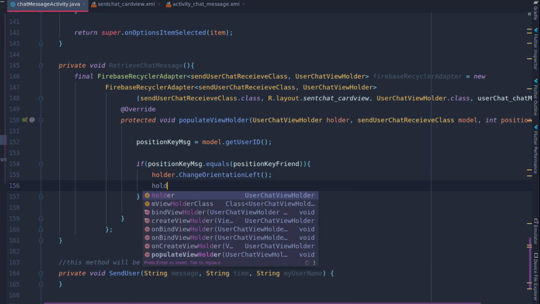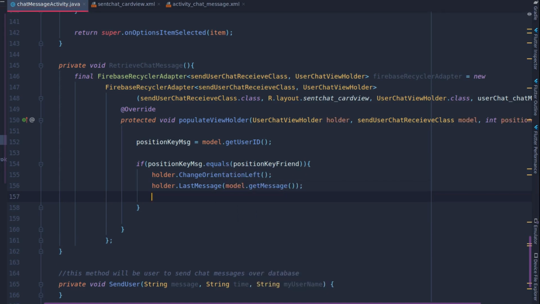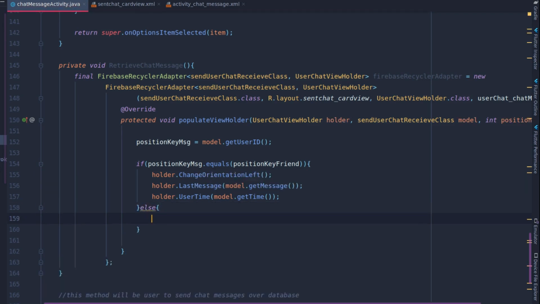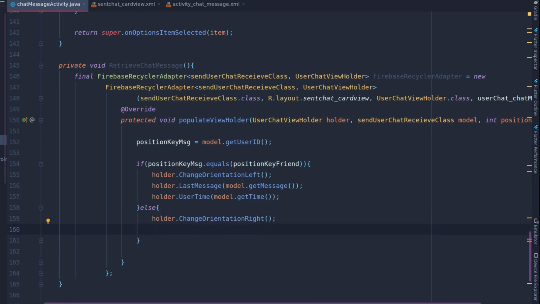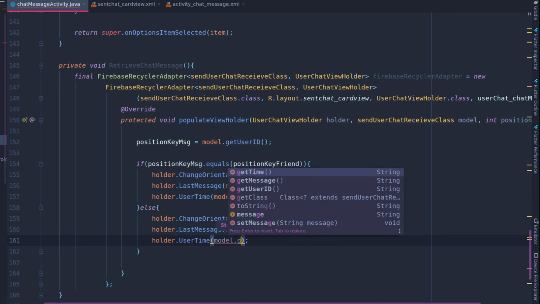So let's give it holder dot last message. This would be model dot get message. Now holder dot user time. This would be model dot get time. Okay, so if the user ID of the sent message is not equal to the user ID of the friend's message, then what we can do is else, then this is our message. So holder dot change right. Okay, this is our message, so our message would be shown to the right. Holder dot last message, model dot get message, and then holder dot user time would be model dot get time. Okay,